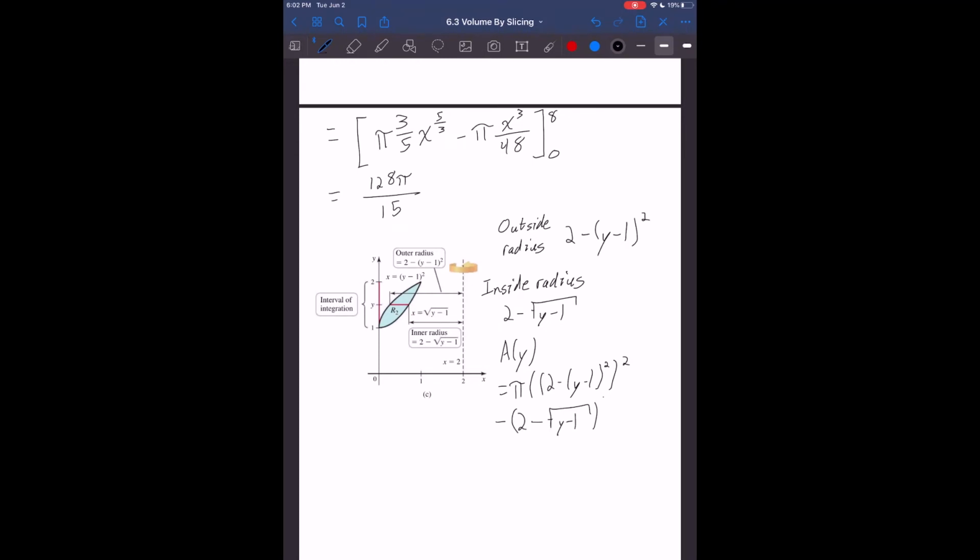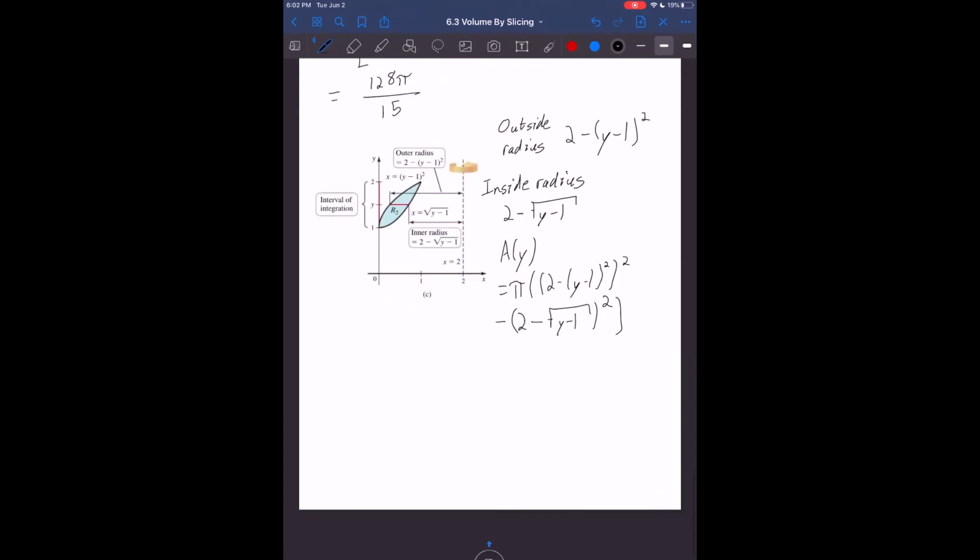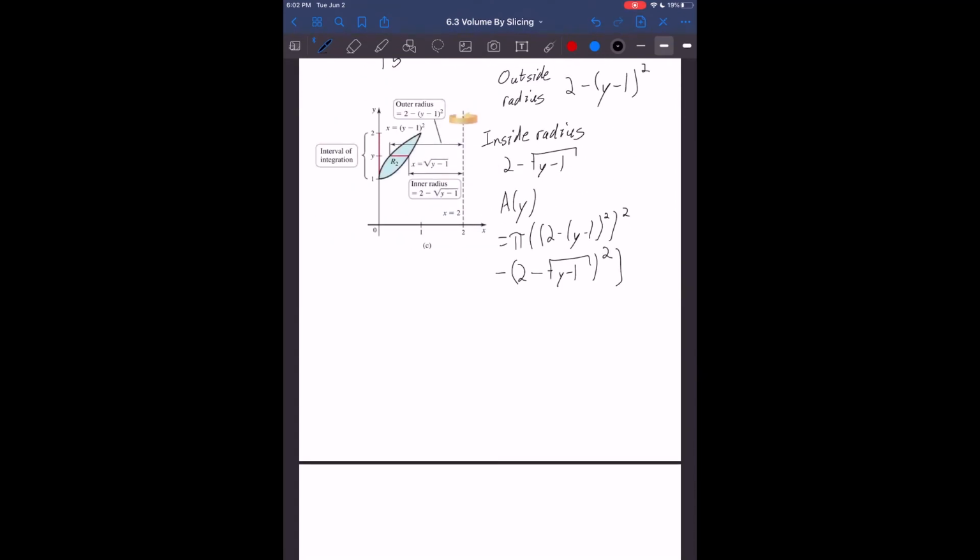So 2 minus the square root of y minus 1, and all of this again is squared. We're not just squaring the functions, we are actually squaring this entire expression where we're subtracting the function from 2. And so we can integrate this, and what we get is the integral from 1 to 2